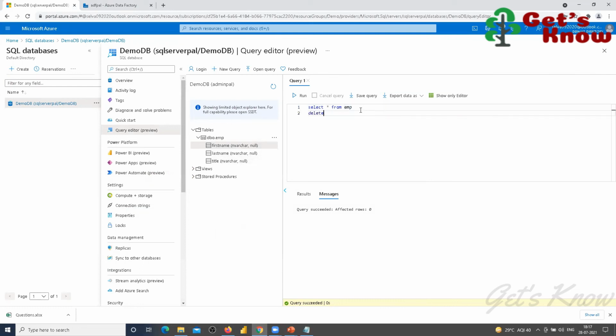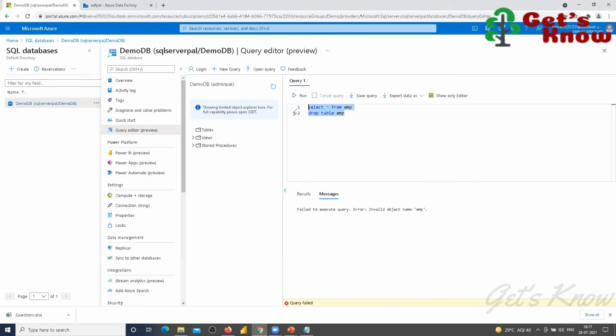So what I'm going to do here is drop table, with the table name. I'm going to drop it. Now I'm trying to select, sorry, run. It says failed to execute query, error, invalid object name, because this table got deleted, right? Dropped, so nothing.